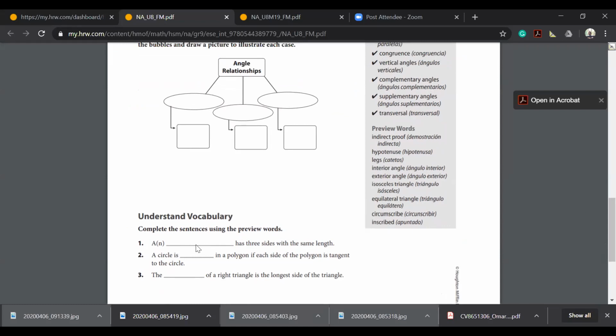So here, equilateral triangle. A circle is what in a polygon if each side of the polygon is tangent to the circle? Actually, I don't think you took this before, but I'm going to tell you that a circle is inscribed. What is this? When you have any shape like a square, for example,